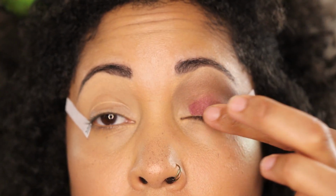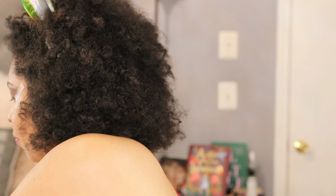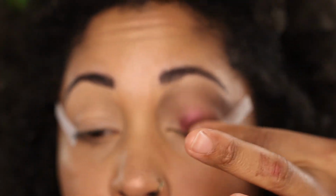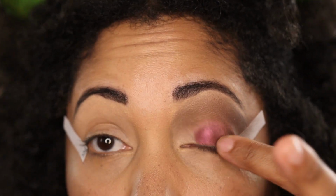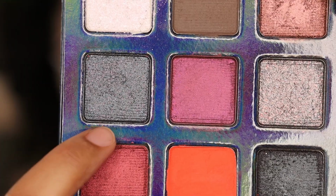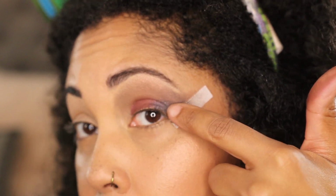I wanna try to use some more shades. Just gonna put it on this middle area right here. See if I can make that show up just a little. See if I can make that show up just a taste more. Okay. Yep. On the outer corner, I'm gonna try Suspicious Minds, and that's this shade right here. I'm thinking I might want to use my finger for that too. I'm gonna blend that in, but